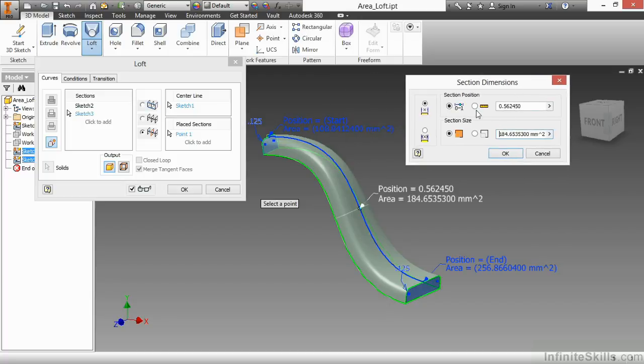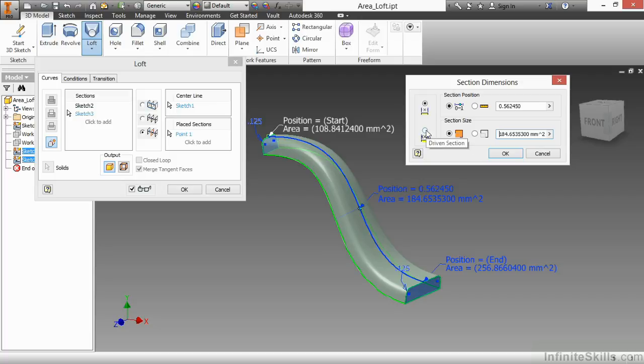That's currently telling me that this section can be driven by me. The bottom option here is it's being driven by something else. So I want to drive this sizing. The starting profile and the end profile are actually being driven. So if I were to try to change the end or the start, they would show up as driven. Next, I have section position. So where along this curvature am I seeing this particular point being placed? Well, currently it's about